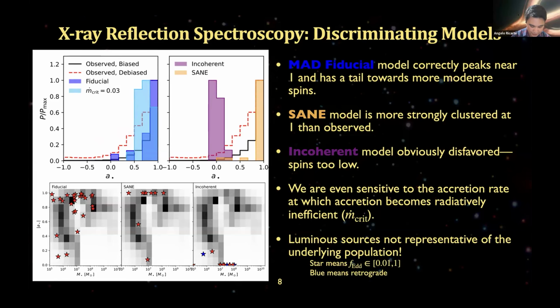And compared to the same simulation, which puts things more in the spin 1 bin, there's a bit more spread in the MAD model. And if you move the transition between hot accretion flow and a thin disk, that can scoot around as well. On the bottom, we're looking at spin versus mass. And there are actually about 50 objects making up the distribution in the back that are the black histograms.